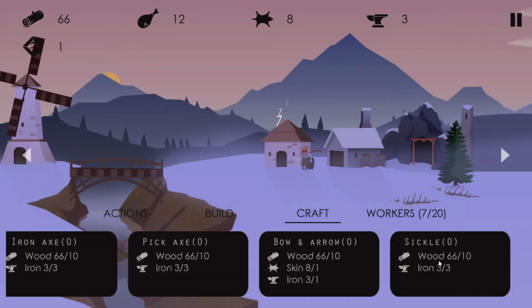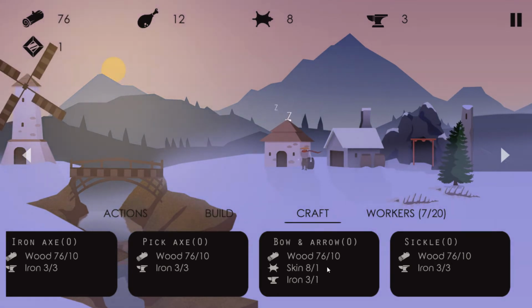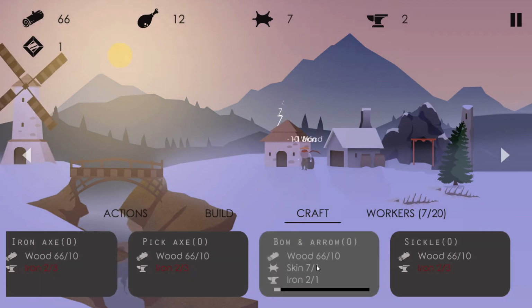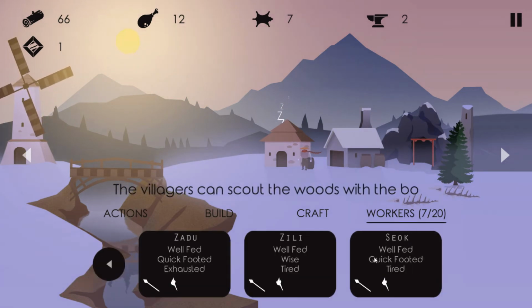Craft should have something new. Maybe sickle is new, but I'm not sure what sickle is for. This is probably for combat. Could be. Let's try to give it to one of the guards. So he will get...